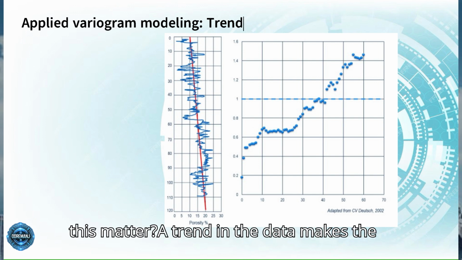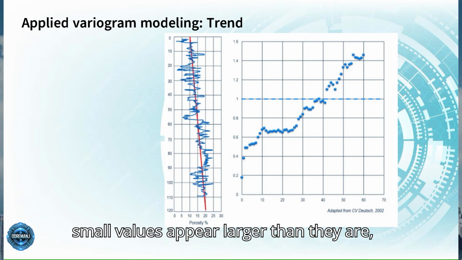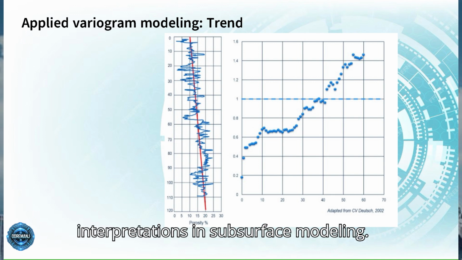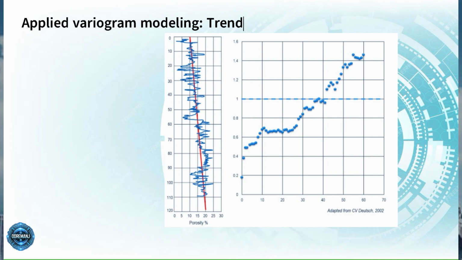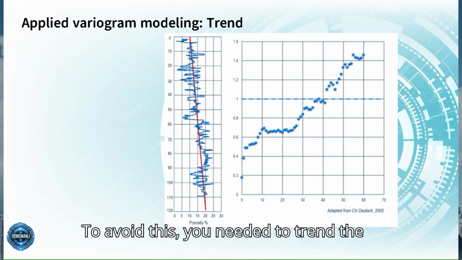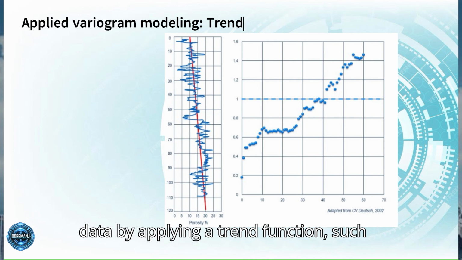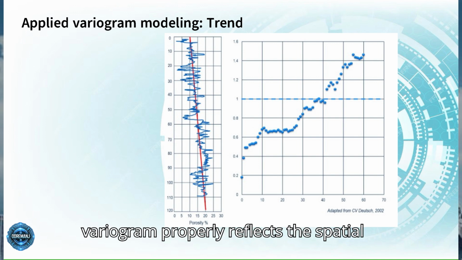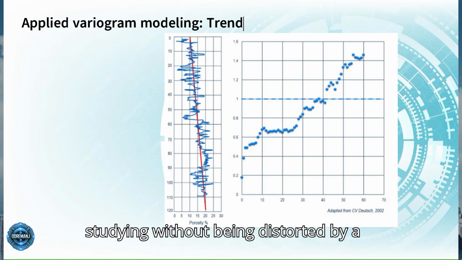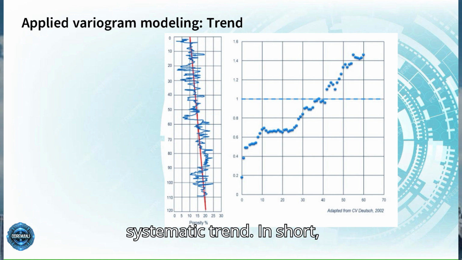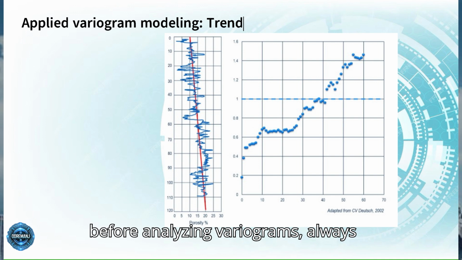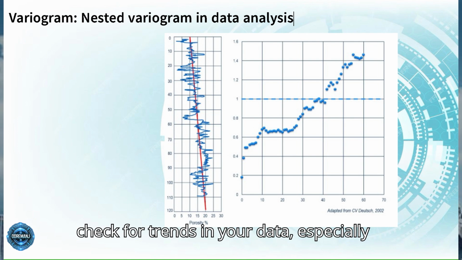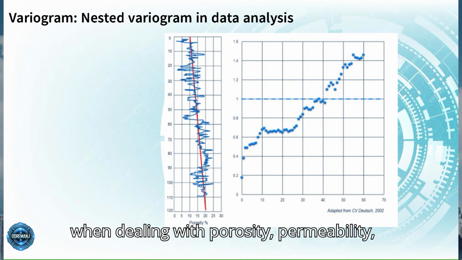A trend in the data makes the small values appear larger than they are, and larger values appear smaller than they are. This can lead to incorrect interpretations in subsurface modeling. To avoid this, you need to detrend the data by applying a trend function, such as a regression curve. This ensures the variogram properly reflects the spatial variability of the property you're studying, without being distorted by a systematic trend. In short, before analyzing variograms, always check for trends in your data, especially when dealing with porosity, permeability, or